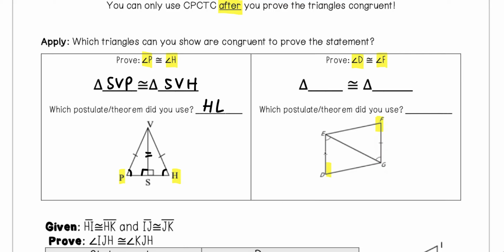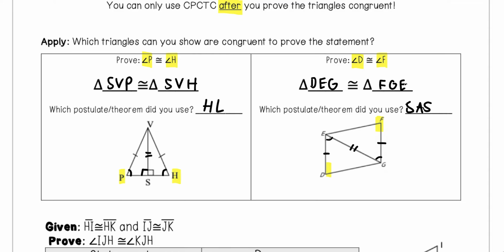So I have a side DE that is congruent to the side FG. I also have angle E being congruent with angle G over here. So I will always want to look for reflexive sides, and we have EG congruent to itself. So this is enough information for us to see here that the side angle side theorem will make these two triangles congruent to each other. So that would mean that triangle DEG is congruent to triangle